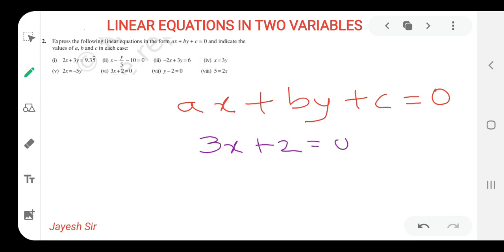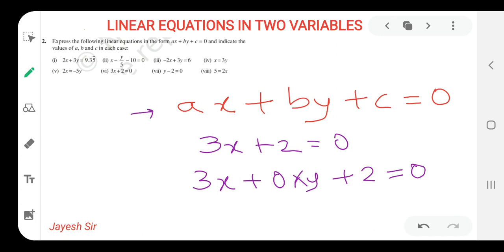3x plus 2 equals 0. Now in this equation, one variable could be 0 but the other cannot be 0, that means both the values cannot be 0. So the value for x is given, but nothing is mentioned about y over here. So what we learned in the previous slide is, we can take it as 0 into y, because the value of it would be 0 only. But to compare with the equation we need to do this step so that the equation is in the linear format. Yes, a linear equation in two variables should be there, because we want two variables. If only one variable is given, then we can add a second variable like this.